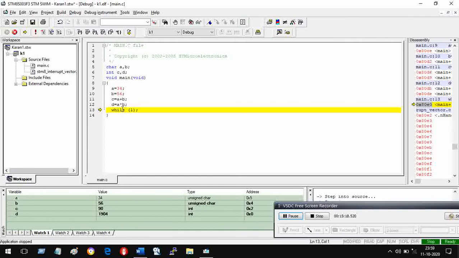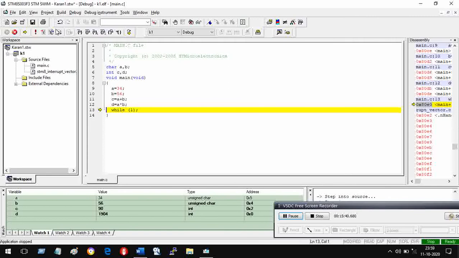So finally D becomes, C is A plus B. What is C? 34 plus 56, so it is 90. And what is D? A into B. That is 34 into 56, which is 1904. So you can see how to move step by step.